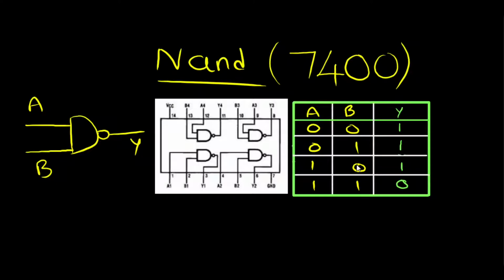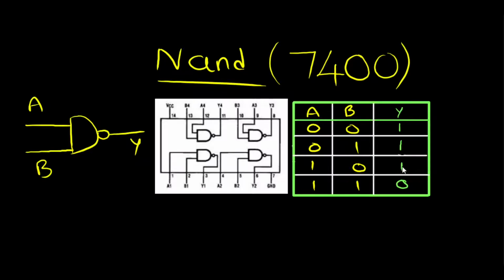You can verify that here. In this case, B input is 0 and output is 1. In this case, A input is 0, output is 1. And here both are 0, output is 1. Only when both the inputs are 1, the output will be 0. For the other cases wherein even a single input is 0, you can blindly assume that the output of this NAND gate would be 1.